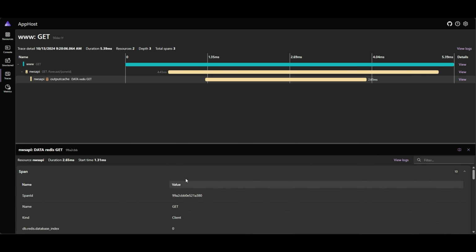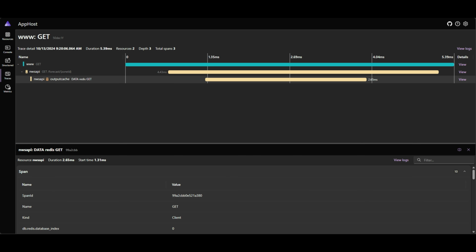Really interesting and compelling stuff that we are starting to see, making this much easier to work with: the resiliency, the output caching, and being able to view all of that information. So much more that we now have full control over, and we can see how it works inside of our application system.